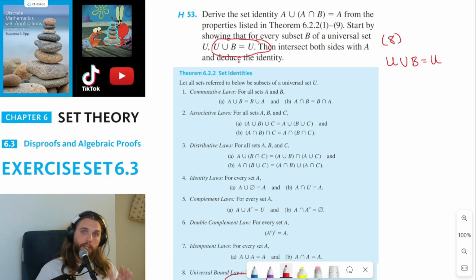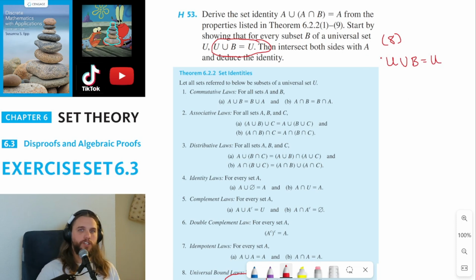Now, if you've ever taken linear algebra before, you'll know that when you multiply matrices on both sides of an equation, you have to specify which side you're multiplying that matrix by. You can say, I'm multiplying both sides on the left side, which is a way of saying you're multiplying a matrix on both sides of the equation, but specifically on the left side of the expression. The same thing is true about applying set operations to both sides of an equation. So if we want to intersect both sides with A, we also have to specify which side of the expression